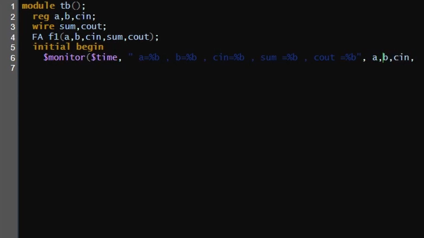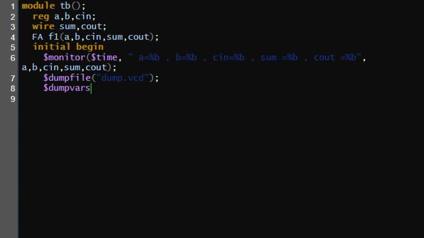Now we have to make the dump file so that we can view the waveforms. $dumpfile("dump.vcd"); $dumpvars(0, tb);